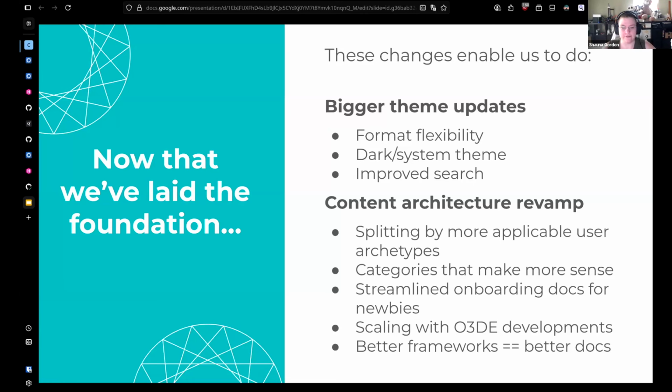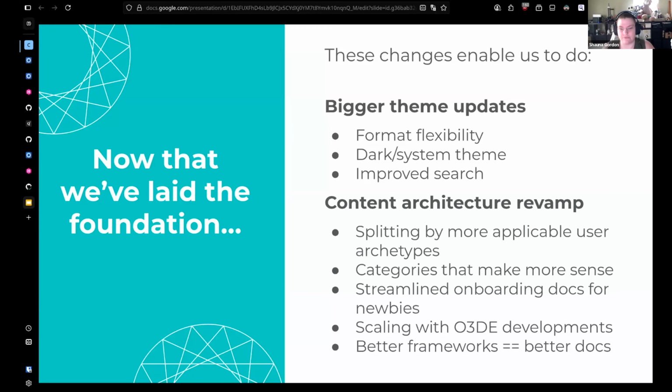We can also have more raw formats, since I've seen a few requests for a way to take content and put it into an LLM or something like that, to make it easier for machines to read.